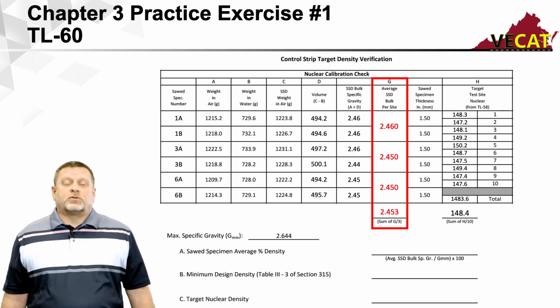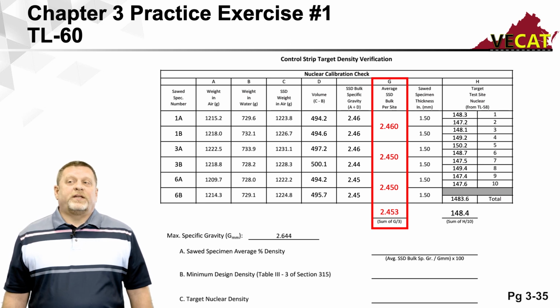Remember, 2 plugs or 2 cores per site, A and B, will equate to 1 combined bulk specific gravity for that specific site. So we end up with 3 bulk specific gravities, which we're going to do as we did previously. We're going to average those 3 by adding them up, dividing by 3, and that gives us an average bulk specific gravity of